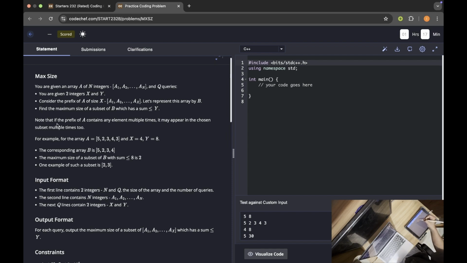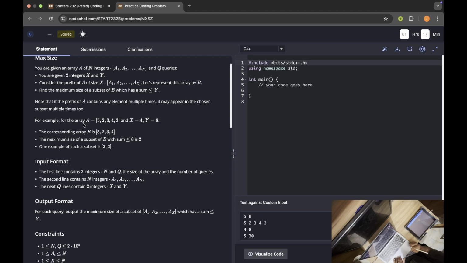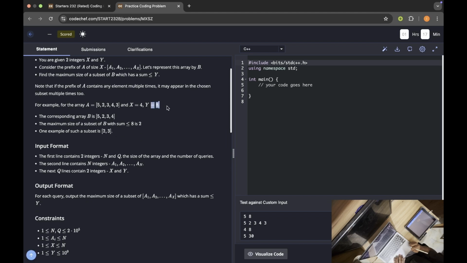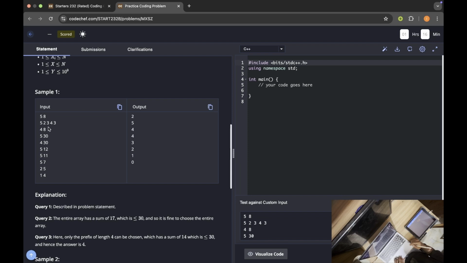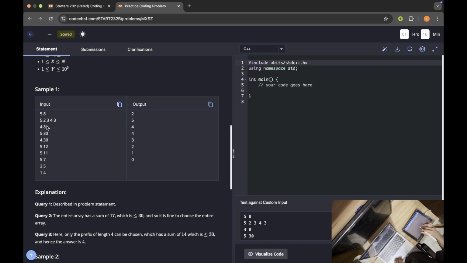Note that if the prefix of a contains any element multiple times, it may appear in the chosen subset multiple times too. For example, for 8, I can have maximum size 2. Yeah, makes sense. Okay, got it. 5 2 3 4 3. So for 8,